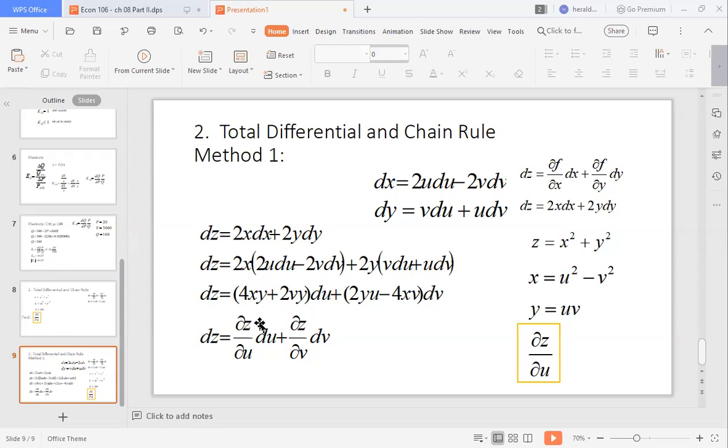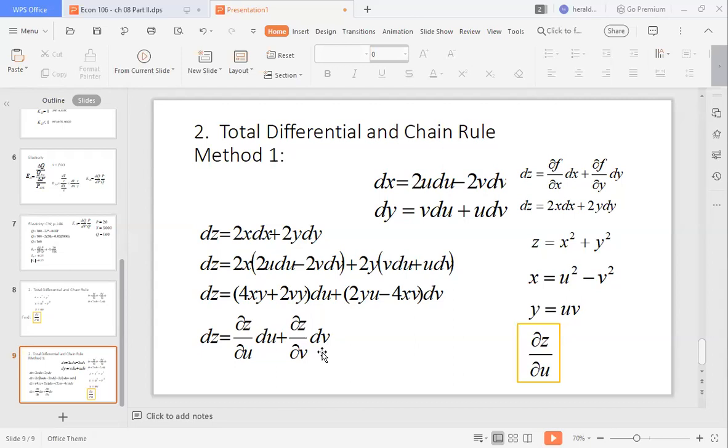So now for method one, class, it really demands you to first explore getting all the total differentials and then substituting the values and simplifying to get the total differential of z. The thing is, it's quite a lengthy process, but you're only asked to get partial z partial u, which is again